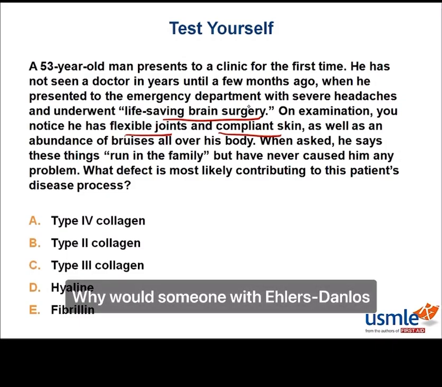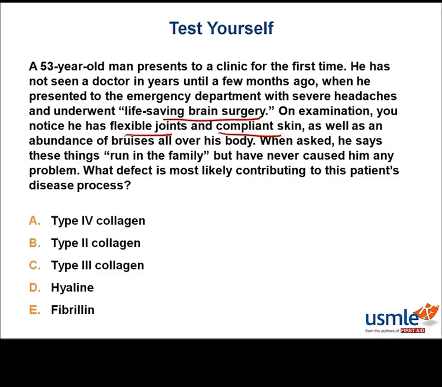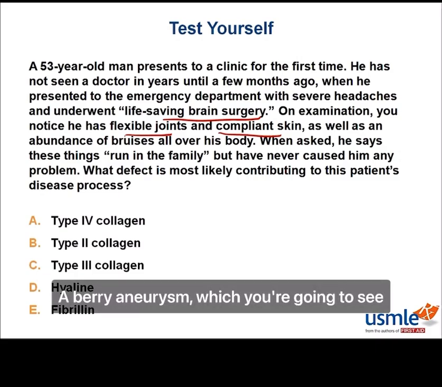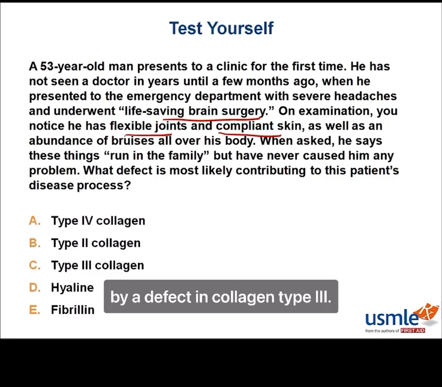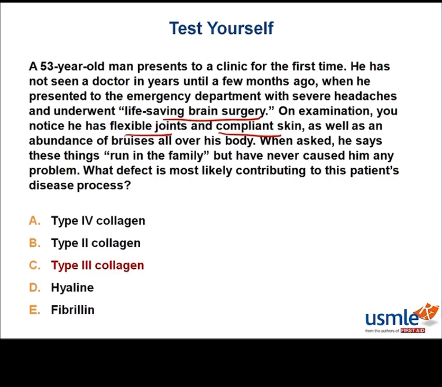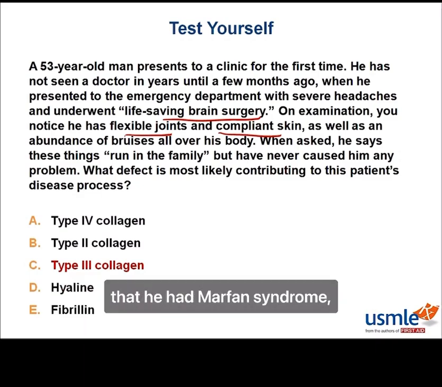Why would someone with Ehlers-Danlos need brain surgery to save their life? A berry aneurysm, which you're going to see in the vascular type, and this is caused by a defect in collagen type 3. So now, another noteworthy guess would be that he had Marfan syndrome, which is a defect in fibrillin,